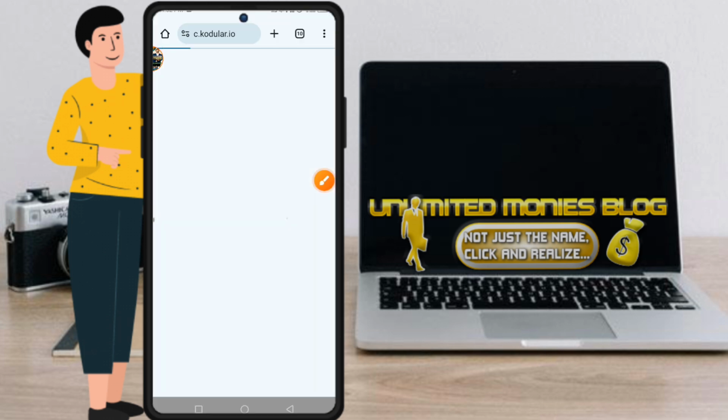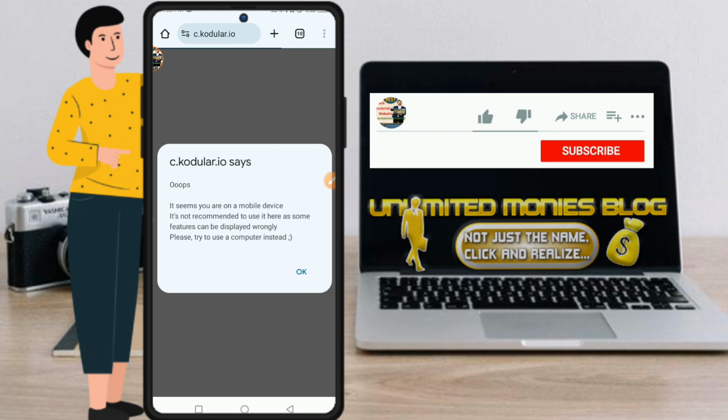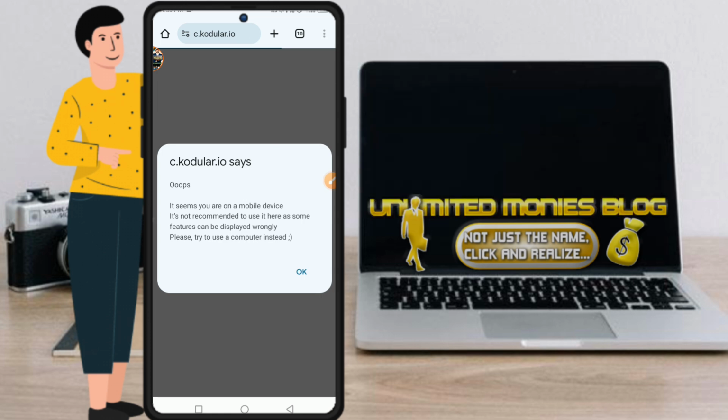Once you click on that create button, it will take us to the platform itself, the Kodular Creator. You now see it says, oops, it seems you are on a mobile device. It's not recommended to use it here as some features can be displayed wrongly. So please try to use a computer instead. This information is in case you experience a wrong user experience or interface,